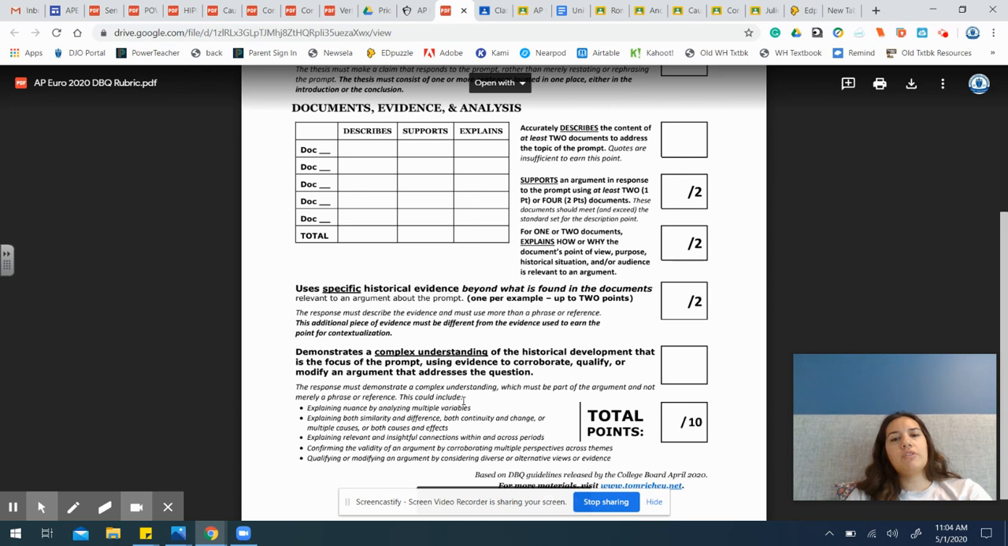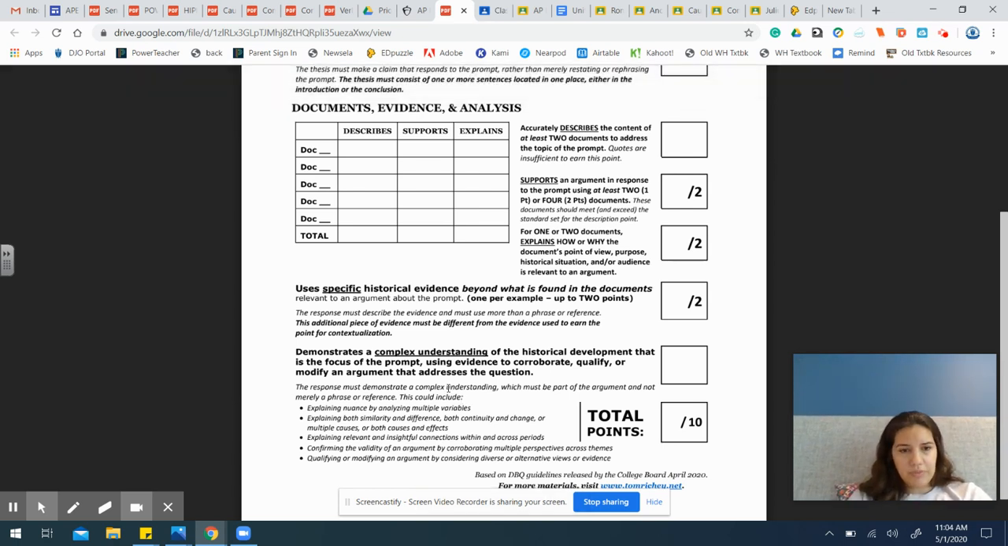This is what we call the unicorn point. I had mentioned this in class before. The response must demonstrate a complex understanding, which must be part of the argument and not merely a phrase or reference. So this can include explaining nuance by analyzing multiple variables, explaining both similarity and difference, both continuity and change, or multiple causes, or both causes and effects. Okay, so you could be talking about a particular